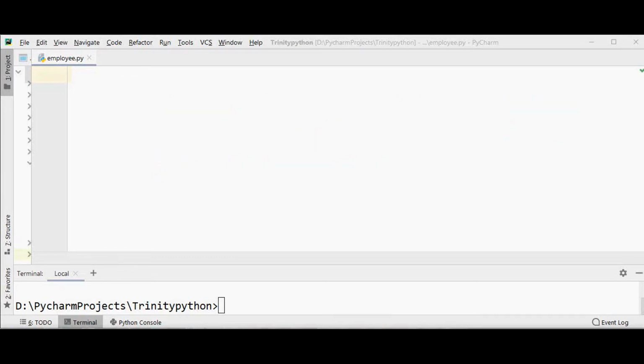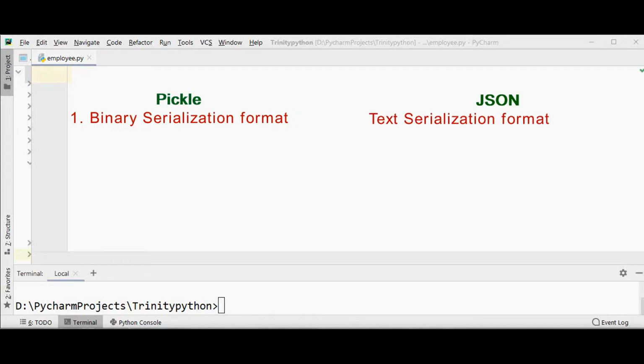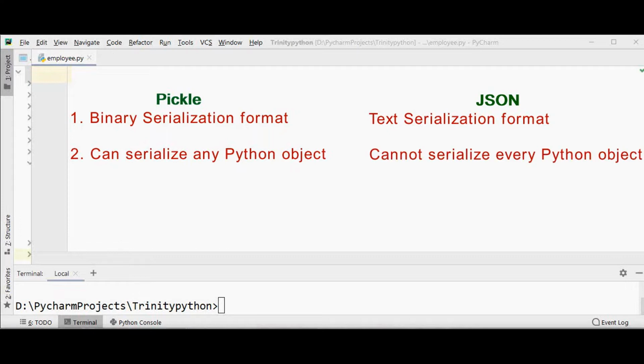So let's see the differences between Pickle and JSON. Pickle supports binary serialization format, that is, it stores data only in binary format, whereas JSON stores data in simple text format. This term serialization means that it translates objects to another format, and Pickle can serialize any Python object like lists, tuples, dictionaries, classes and methods, whereas JSON cannot serialize every Python object.